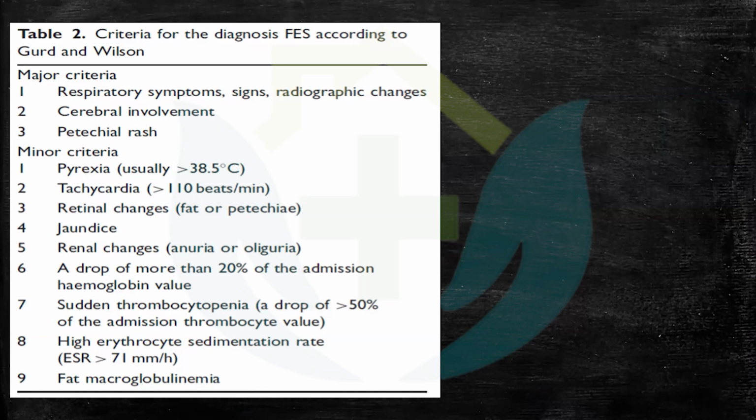The minor criteria are multiple, like you can have fever and tachycardia. You have to look at the retina to diagnose microhemorrhages. Then the patients can have jaundice, they can have thrombocytopenia, they can have high inflammation indicated by a raised ESR, and you can see fat microglobules in the urine. That is one of the previously used diagnostic tests. Nowadays we don't use it. We only judge based on clinical parameters.